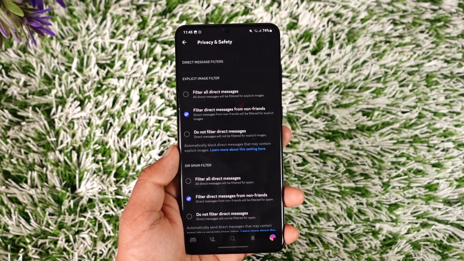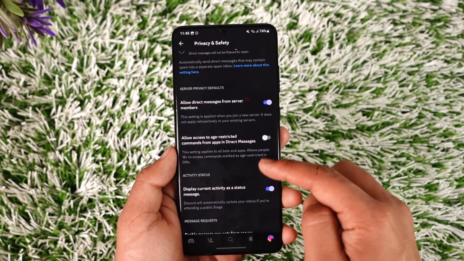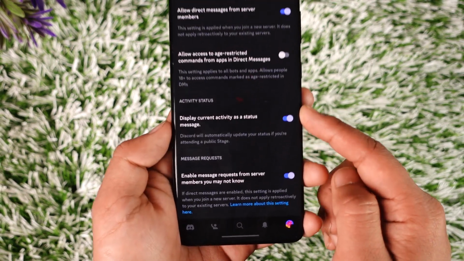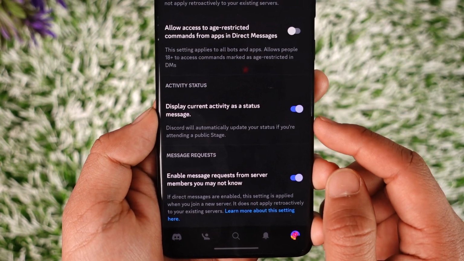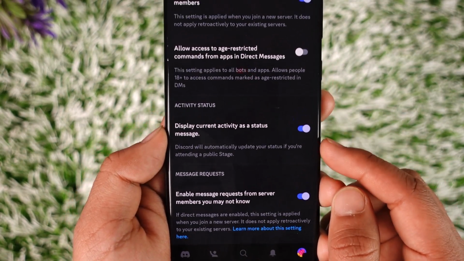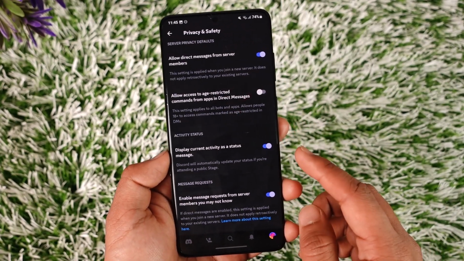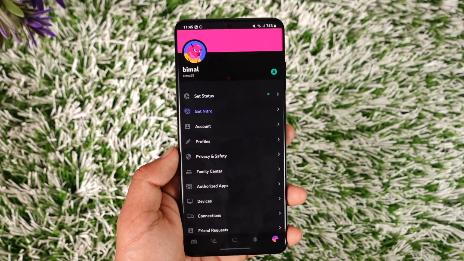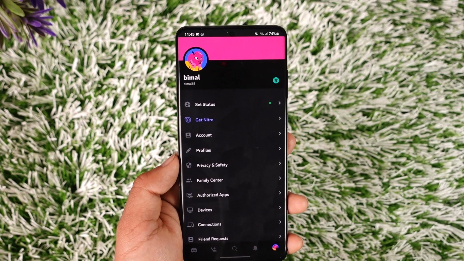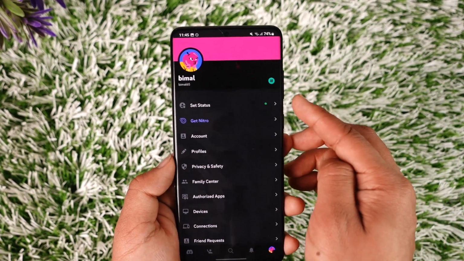Once you come to privacy and safety, just scroll a bit further below and you'll find activity status, and it reads display current activity as a status message. Turning this on, Discord will automatically update your status. So when you turn this on, if you're playing Roblox, in your activity section it might say this person is playing Roblox. Now in case that is not working for you, you can also set a custom status by